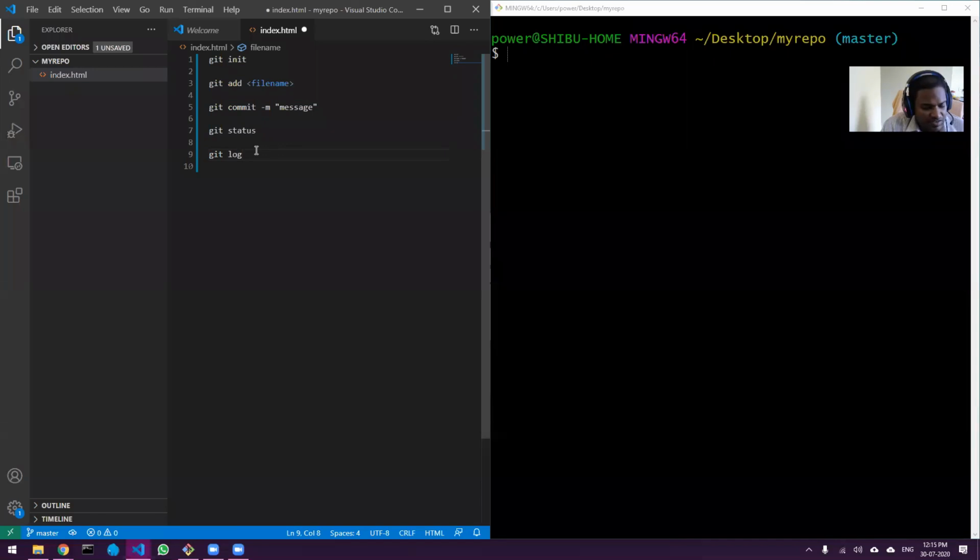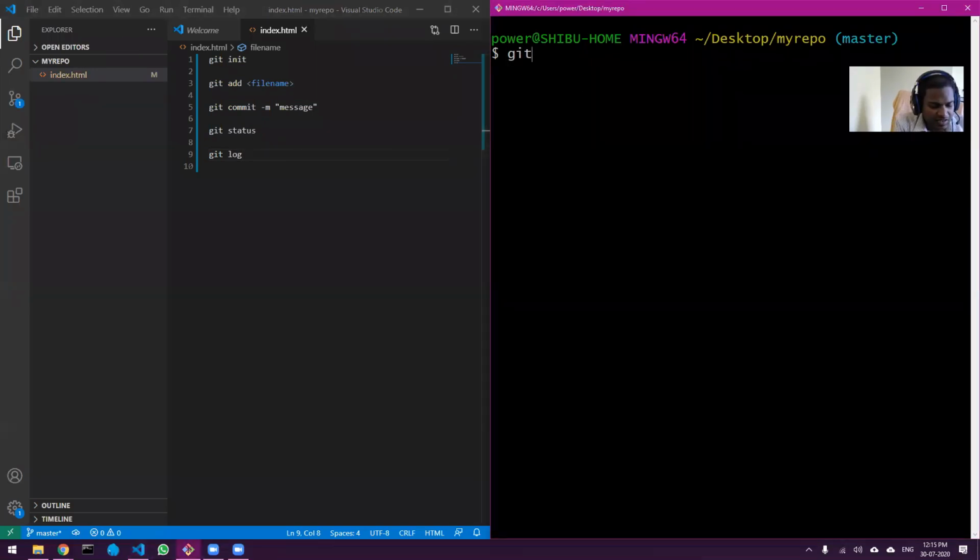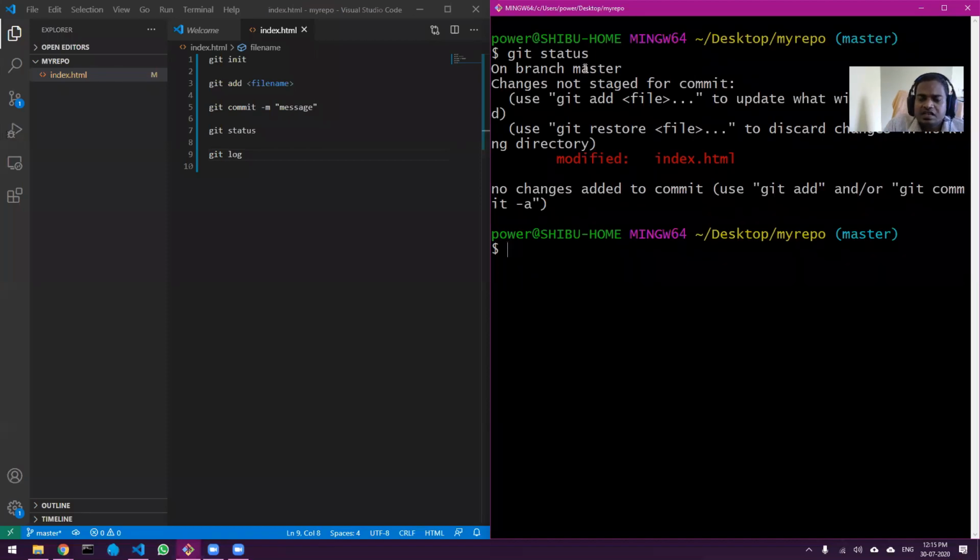Now I will save this file and just run git status again in my bash. If I run this, you will see that there is a slight change in the git status. Instead of new file, it is saying it has been modified. So it is tracking the file, plus it says that index.html has been modified.